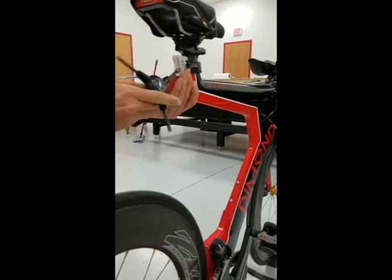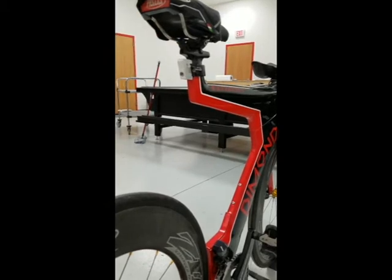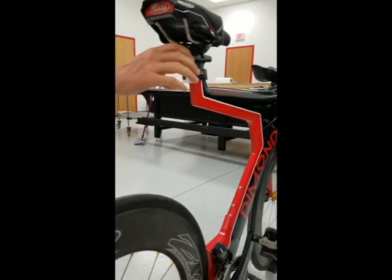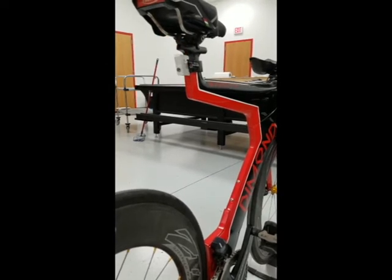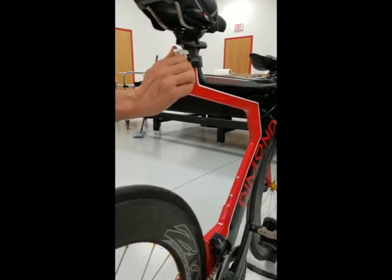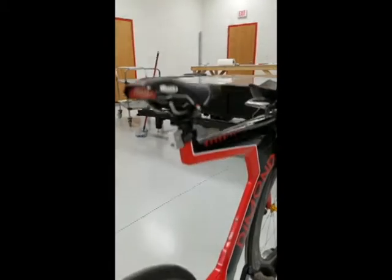Again, it uses a 4mm bolt head. You can leave that on your bike at all times if you want. It is aluminum, so it's fairly lightweight. You see it's stable on there, it doesn't move or rotate, it's just added to the back. Once I have that on,